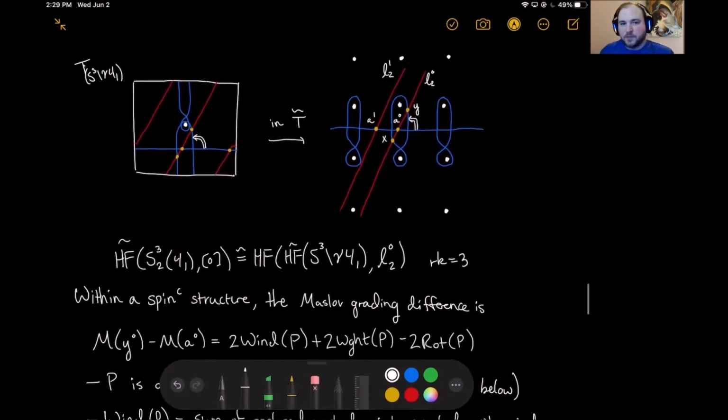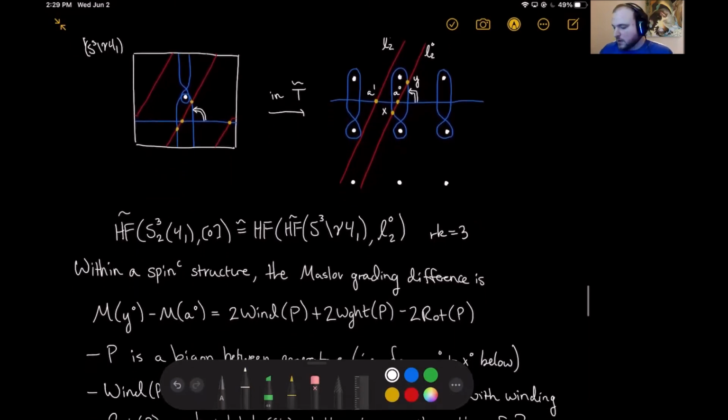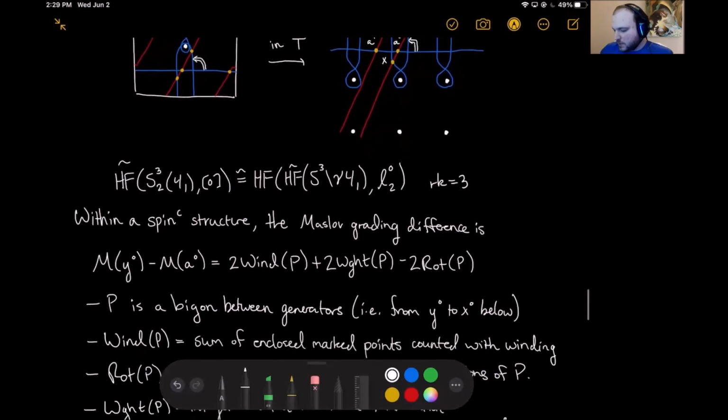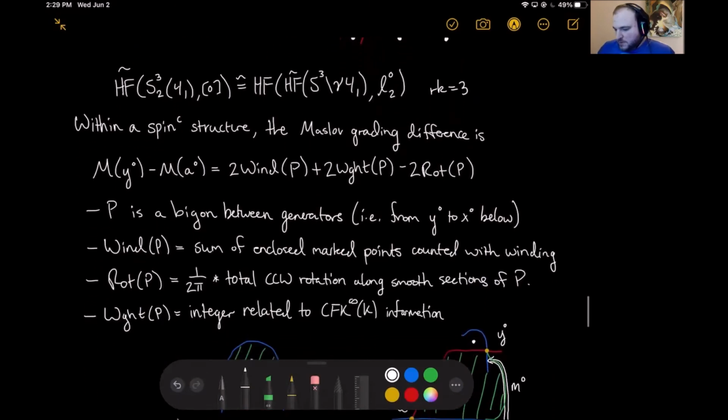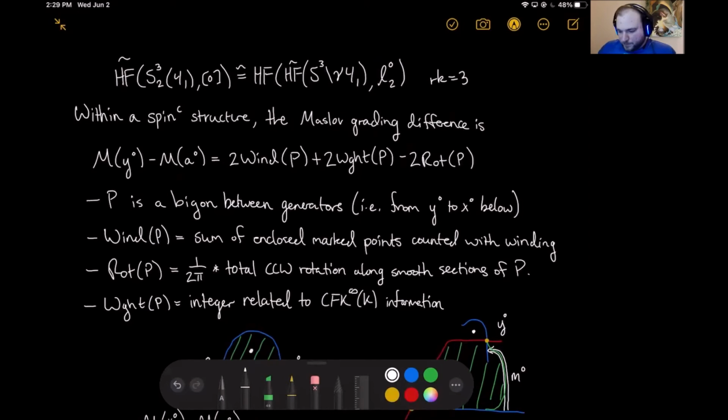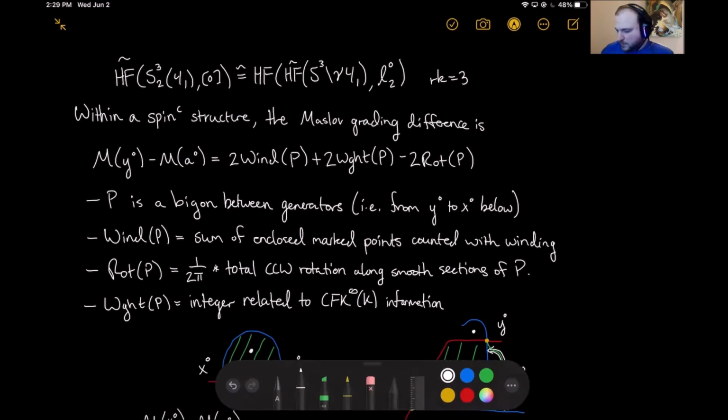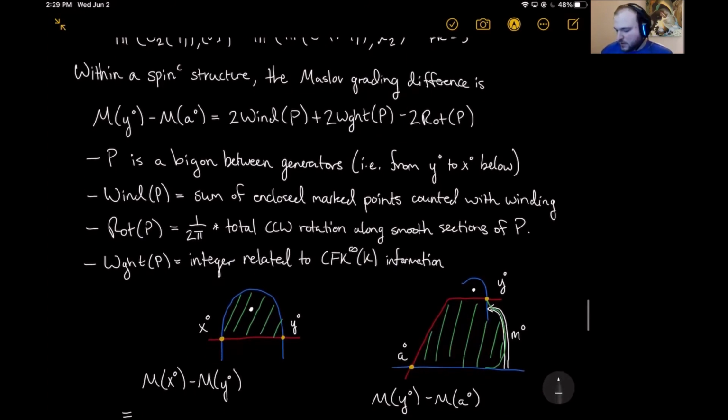So, an example of maybe how you compute the Maslov grading, we can take this figure 8 example. Generally, within a spin-C structure, the Maslov grading difference between two generators is computed using some bigon P. So maybe, for example, you can look at the one below, from Y0 to X0. And the formula involves the winding number of enclosed base points that P covers, where the marked points are counted with winding, the total counterclockwise